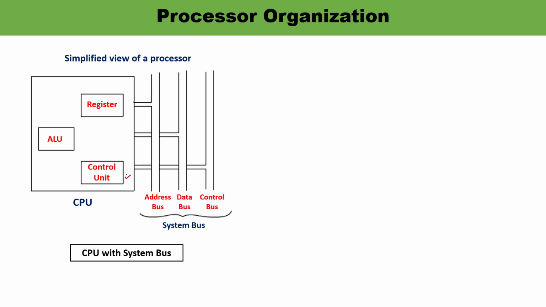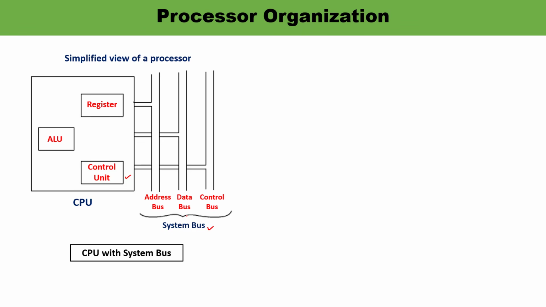The processor connects with the rest of the system via the system bus. The bus consists of the address bus, data bus and control bus. The address bus carries the address of a particular location. It may be the address of the IO port or the memory to which the data is to be written, or the address of the memory from which the data is to be read, while the data bus carries the data, and the control bus is required for the control signals. So I hope all these points are clear to you.